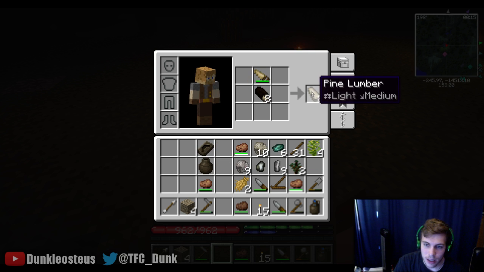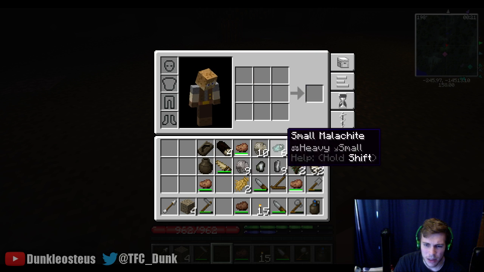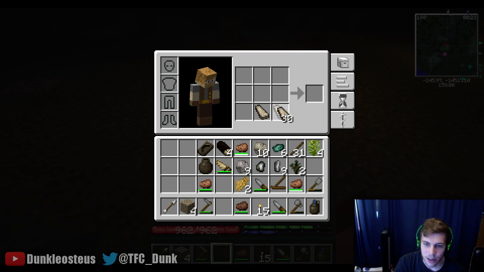Copper appears in its native form, along with a few others like malachite. But malachite's not that hard to extract the ore from, but it appears in a lot of different forms, and